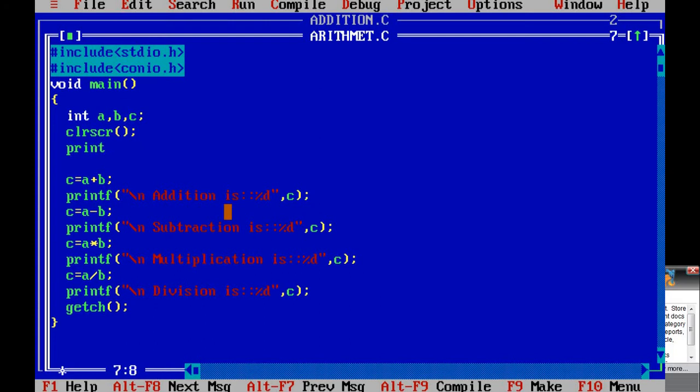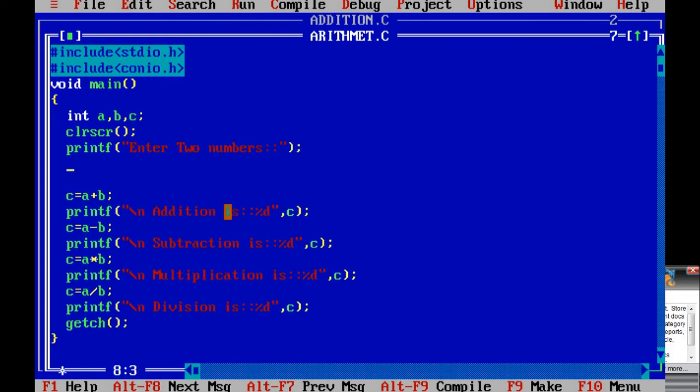Before that, just type what I want in front of the user. I want 2 numbers, so just write here, enter 2 numbers. Then use one scanf for a. Since the data type is integer, replace the format code here as %d comma ampersand a bracket complete, semicolon.